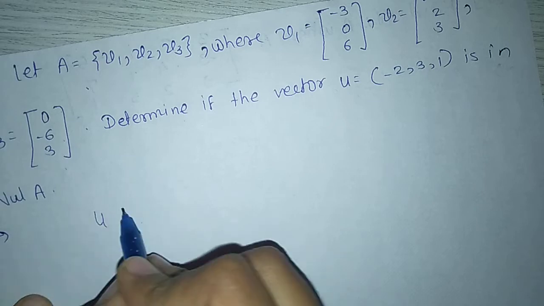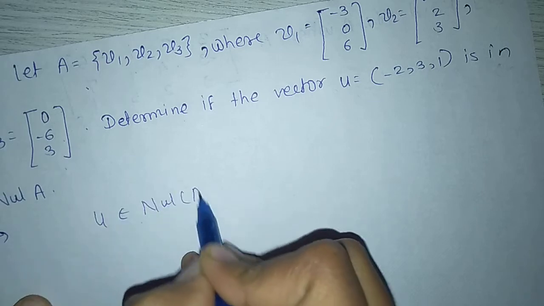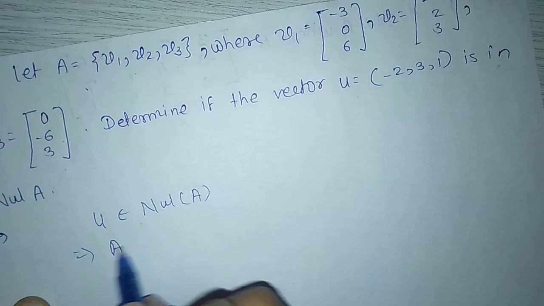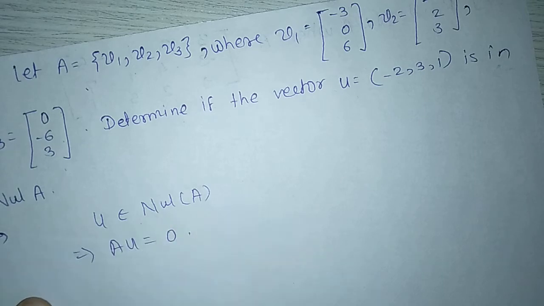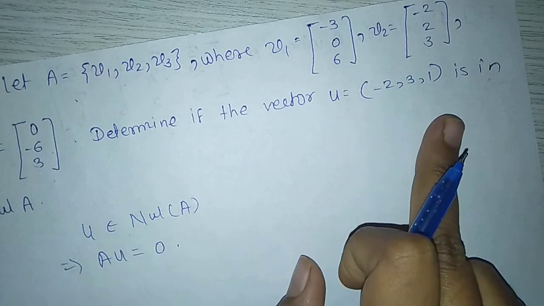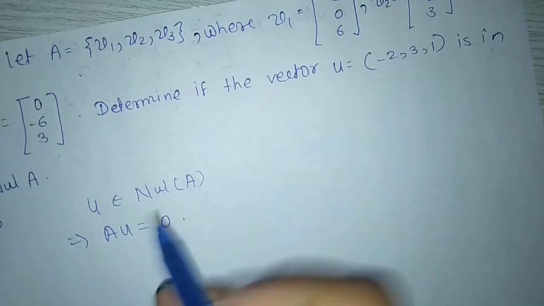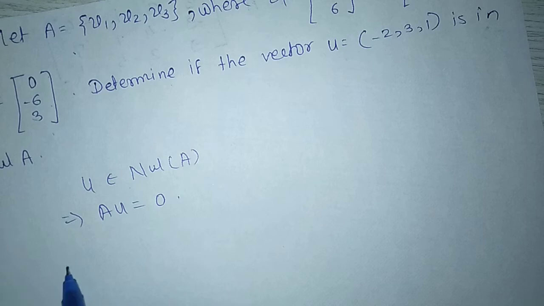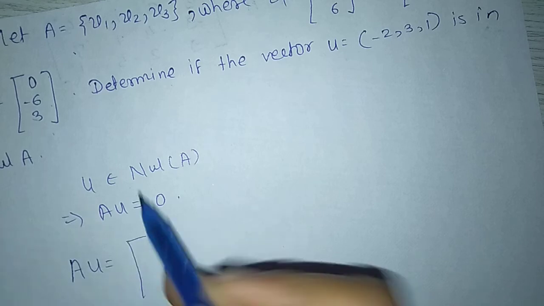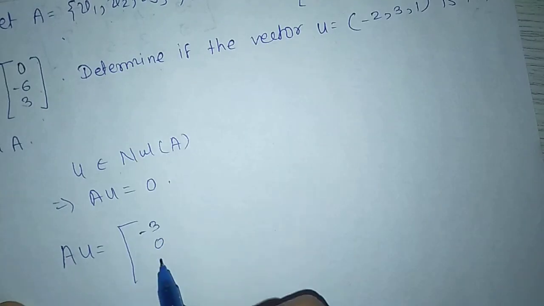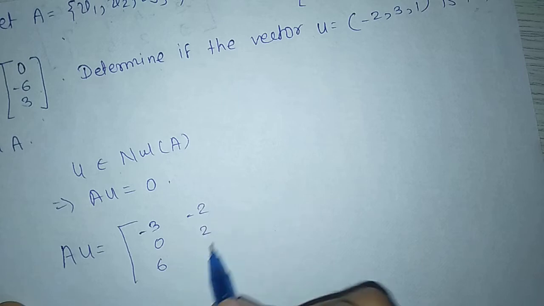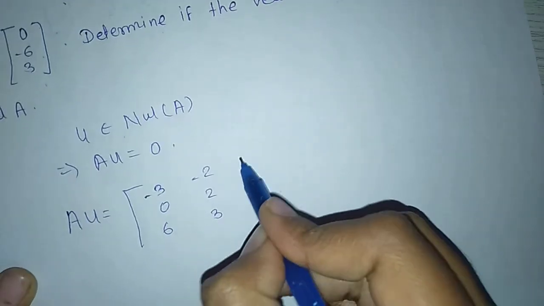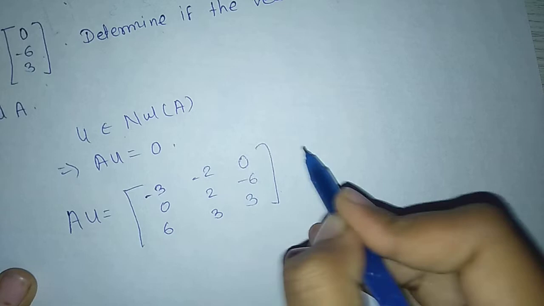We know that if u belongs to null space of A, which implies A times u equal to 0. To determine u belongs to null space of A, that is to show that A times u equal to 0. A is nothing but the matrix [v1, v2, v3], v1 is (-3, 0, 6), v2 is (-2, 2, 3), v3 is (0, -6, 3), u is